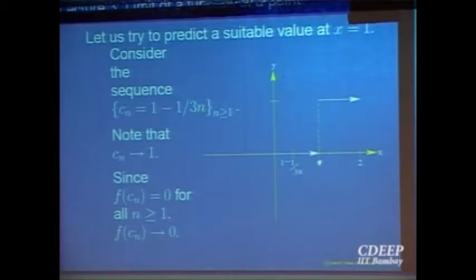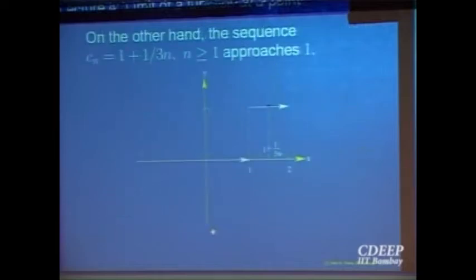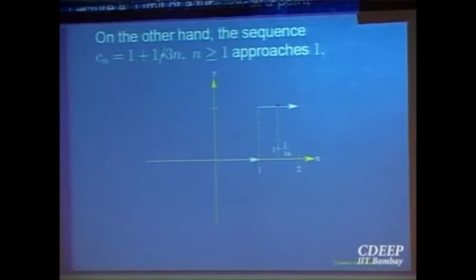So I am analyzing the behavior of the function at points near the point 1 on the left side of 1. Now let us analyze on the right side of it. So let me take a sequence 1 plus 1 by 3n. Now I am on the right side of it, but still the sequence cn, which is 1 plus 1 by 3n, still converges to the value 1. It is still coming to the value 1 as n goes to infinity. And look at the sequence f of cn. What is f of cn? On the right side, the value is all equal to 1. It's a constant sequence. So it converges to the value 1.